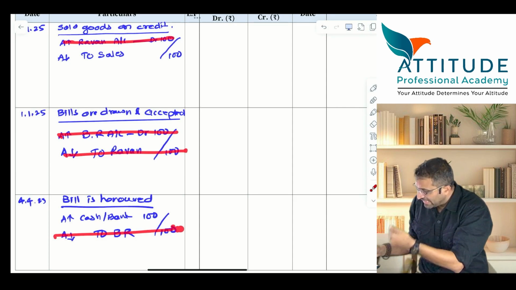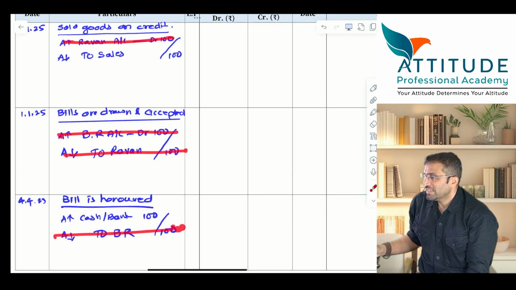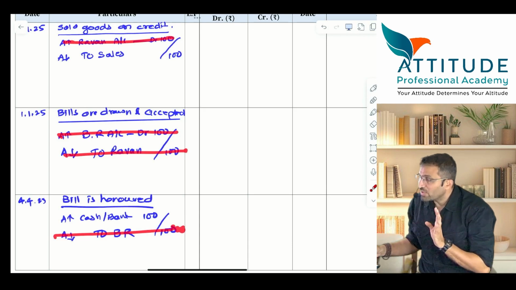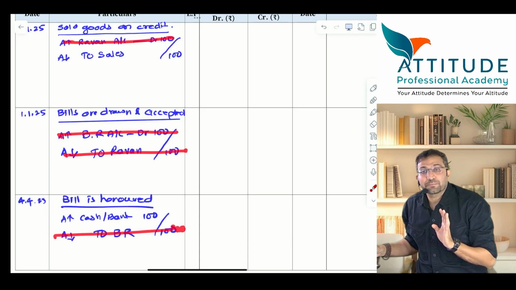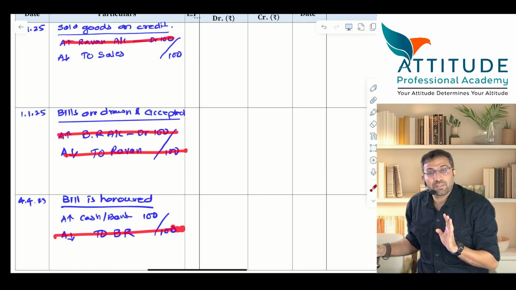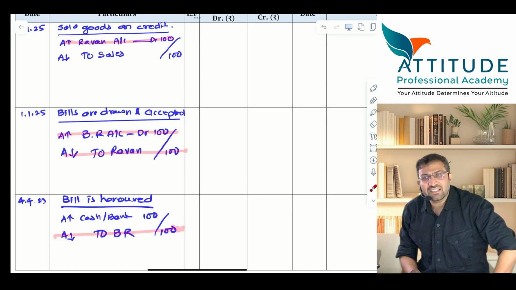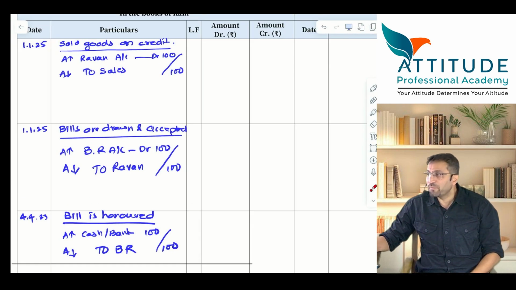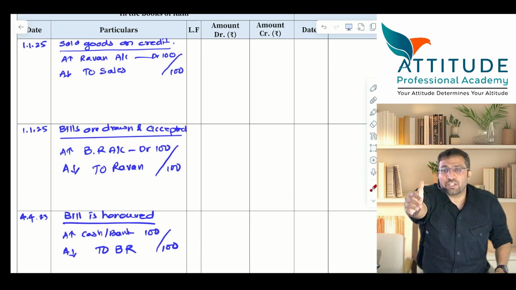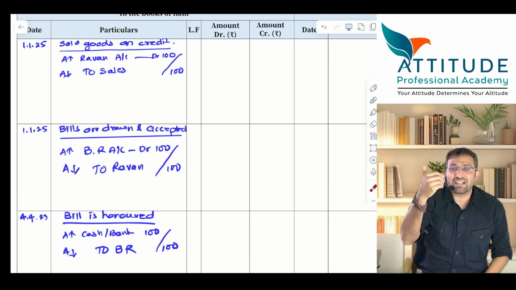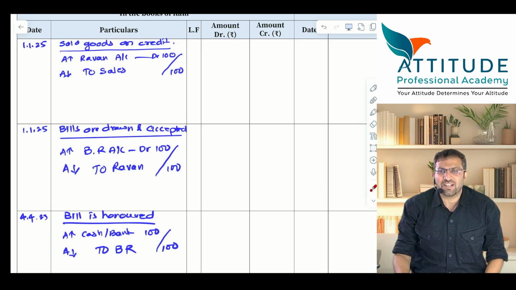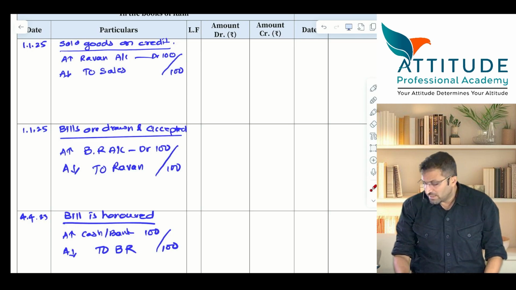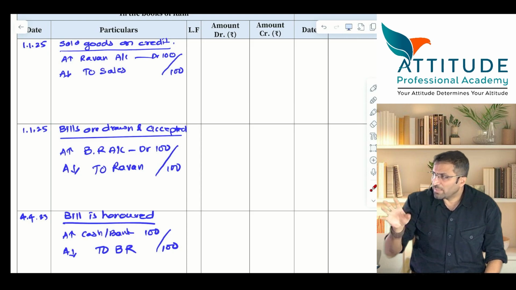Bills are there. That is why the entry will be passed like this. Ultimately, it is cash account debit to what? Sales. Net effect. But you cannot pass cash account debit to sales. Is that clear? Okay, I'll ask you questions. Please tell me once again. When the goods are sold by Ram, let us say you're Ram, I am Ravan. Goods are sold by Ram to Ravan on credit. Tell me the entry. Fast. Ravan account debit to sales. So debtors account debit to sales.